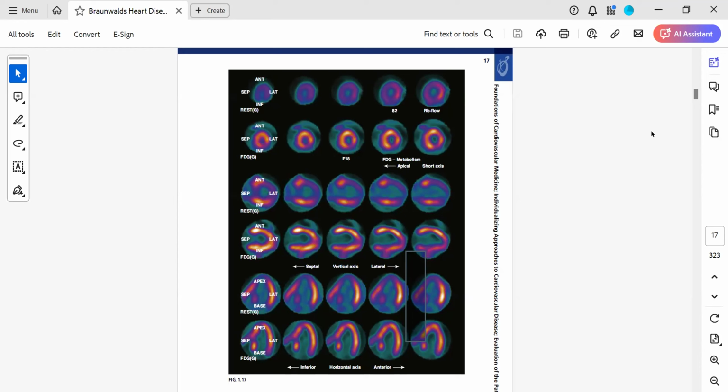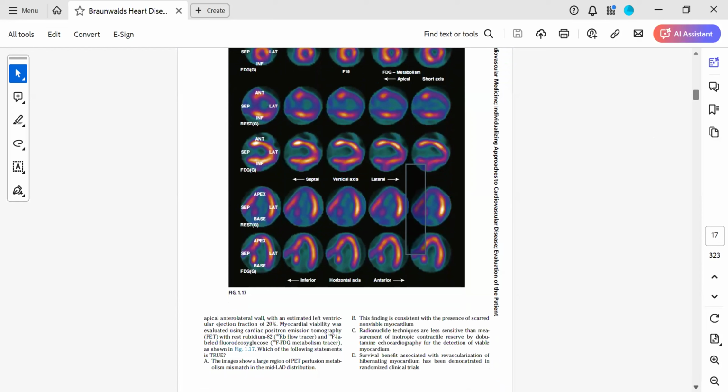So I'll read that option again. The images show a large region of PET perfusion metabolism mismatch in the mid left anterior descending distribution. So the left anterior descending distribution is this. It's showing the apex, anterior, and mostly apical and anterior. Yes. So going by all that we just talked about, that option is there's a mismatch. So option B,